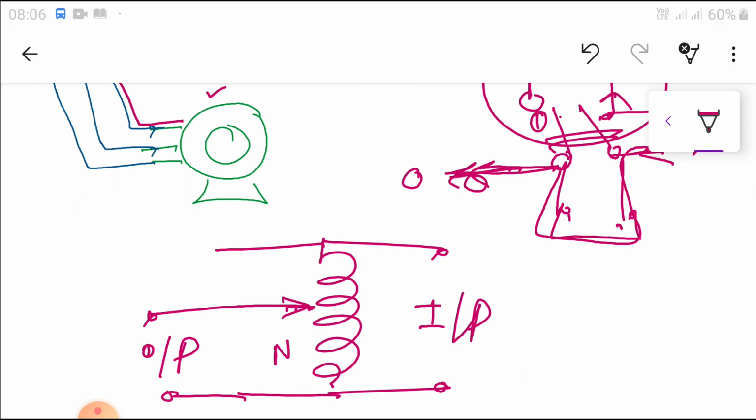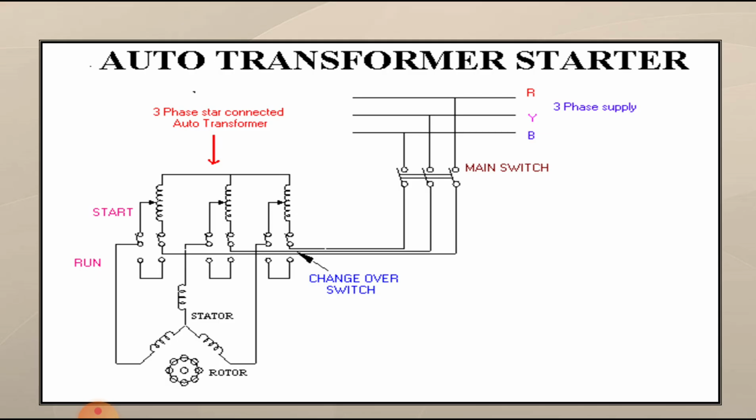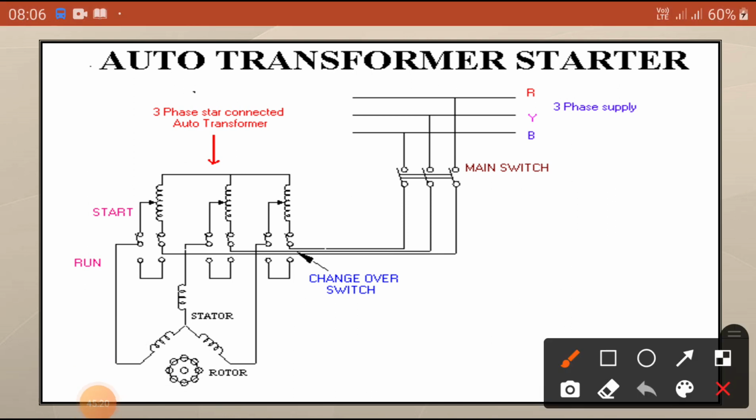Okay, let us see that in our diagram. Here the R phase, Y phase, B phase, with the main switch provided for overload protection, an MCB for example. The current is coming here and is connected to these terminals, and it goes up to this one and comes here, connected correspondingly. So this phase and this phase are connected. This small number of turns is enough to inject some reduced voltage to the motor, enough to produce the required torque that will rotate the rotor.